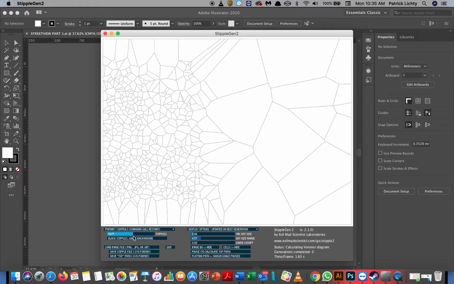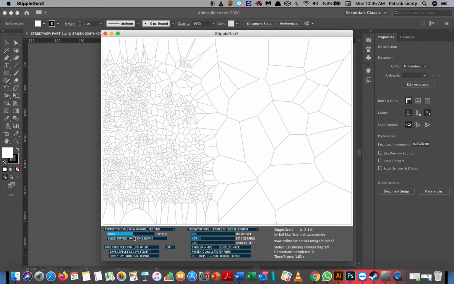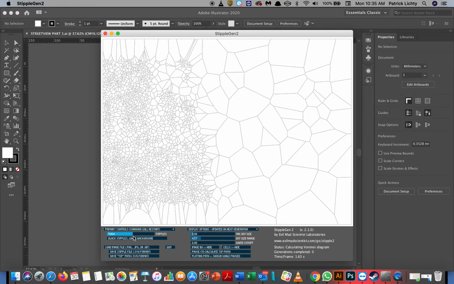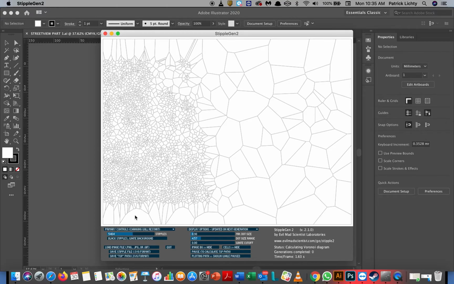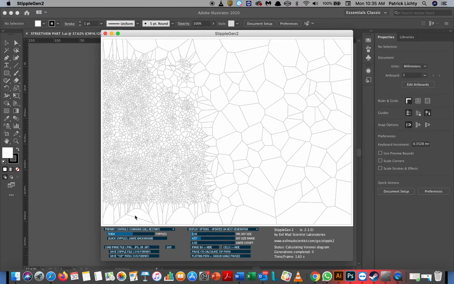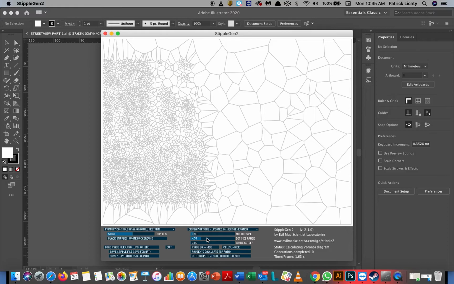So what I'm going to do is what I commonly do after I adjust my dot range and my dot size. What I want to do here is set my number of dots up, and since I've worked with this program for a long time, I'm probably going to be working relatively fast. So what I really want you to do when you're working with this is play with this minimum dot size range. This white cutoff,